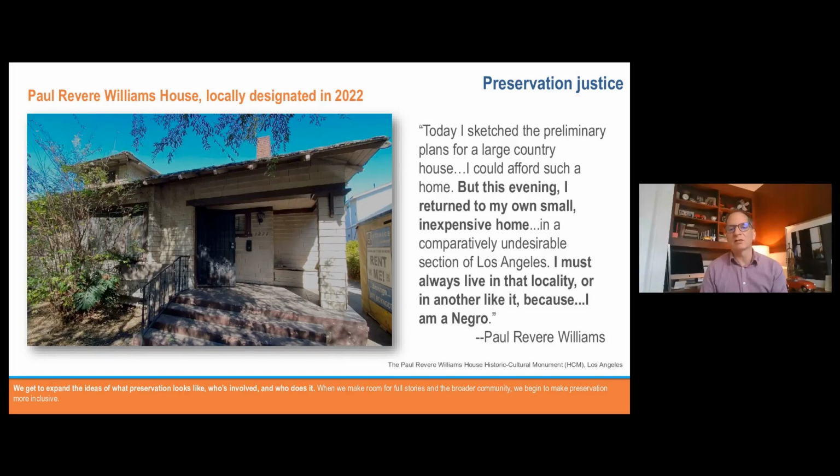And this place really tells the story of his experience and the full story, but also the experience of many people of Black, BIPOC conditions in terms of a time and period when racial restrictive covenants and redlining limited their possibilities. So it was very important to be able to designate and landmark this house to be able to tell that story. Again, it colors in the edges of his story and is the full story of Paul Revere Williams so that you understand more about his personal experience, not just about what he designed.